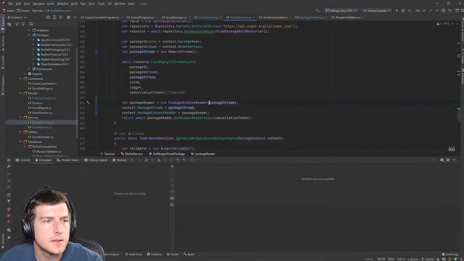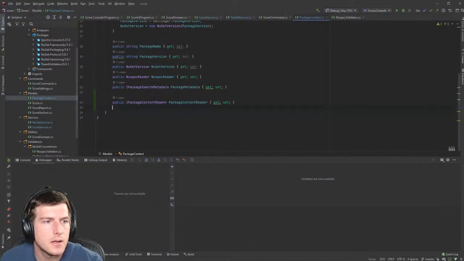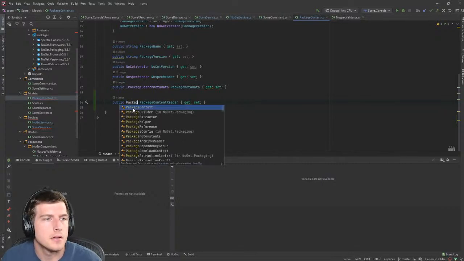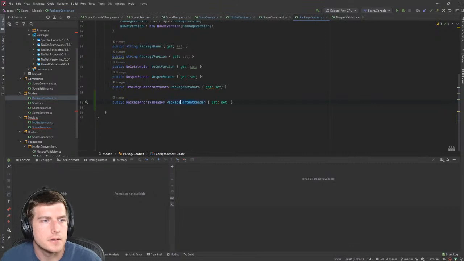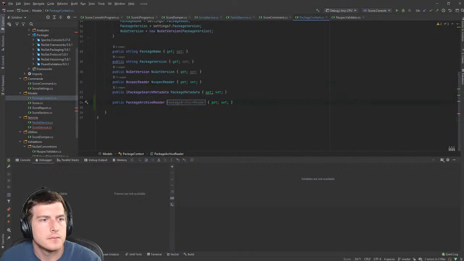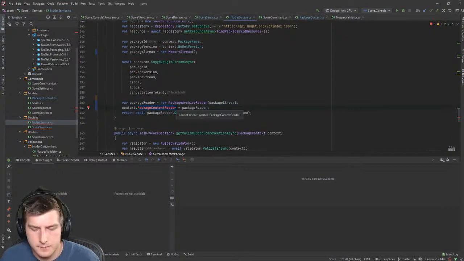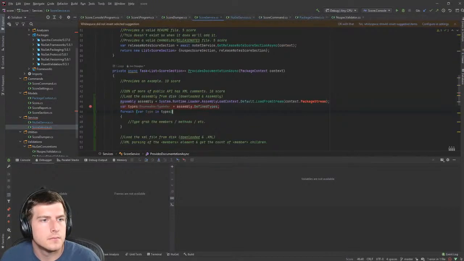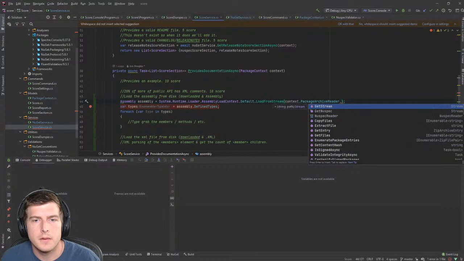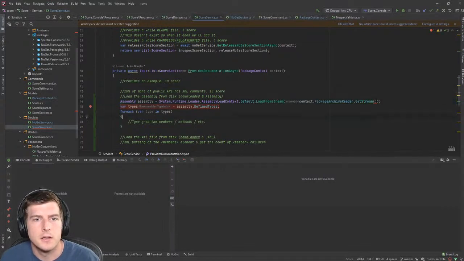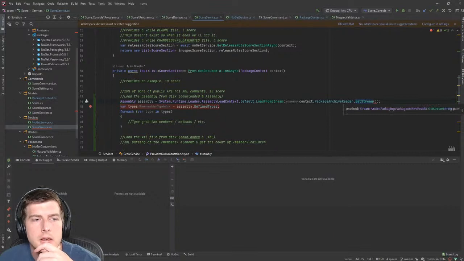So maybe what I do instead is I can still get rid of the stream. It's just that in here, instead of IPackageContentReader, right, I can get something that would be package archive reader. So it's a little bit different. And then we are going to have to update it. So now if I say package archive reader dot GetStream, right, I now have access to all that stuff. But let's see, it has one parameter, GetStream of the string path. So maybe that will work, and then I have to just grab the relative string path of what I had earlier,